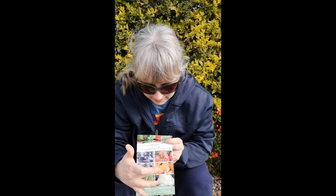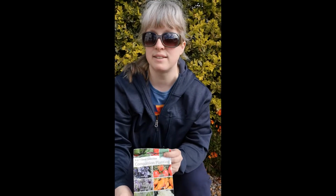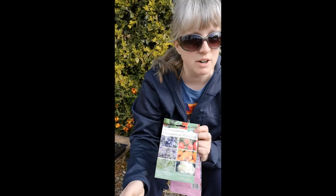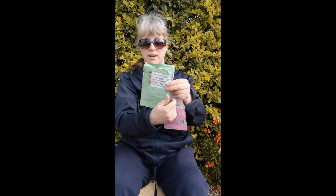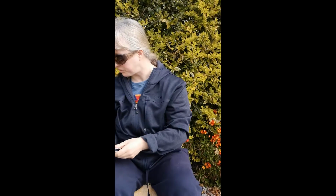Garlic, chives and carrots, that keeps away the carrot fly. And sage and cauliflower, that's to keep away the insects from cauliflower, broccoli, cabbage, they're all brassica family, so they'd all be the same. So any sort of fragrant herb would work there. So follow the instructions on the back of those to see what they...